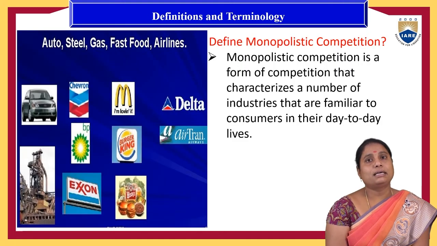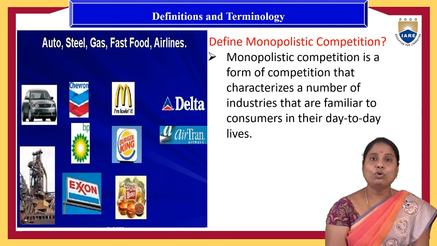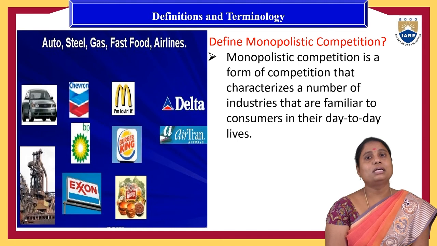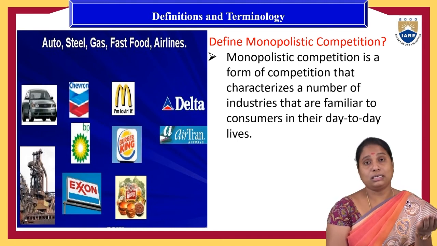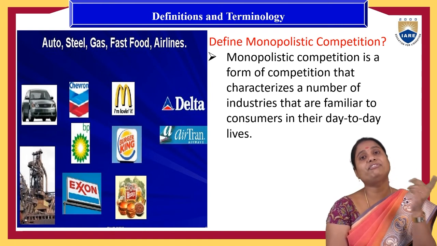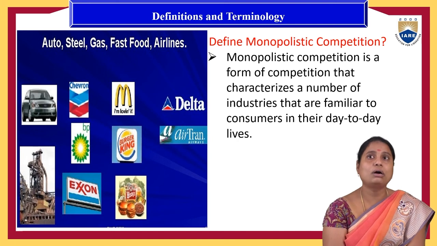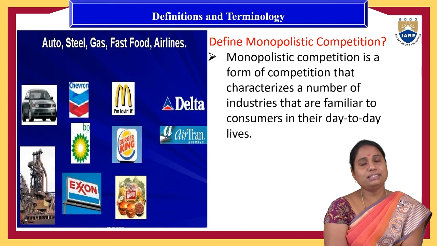So next is monopolistic competition. Monopoly means a single seller and a large number of buyers. Buyers don't have a choice here, but monopolistic competition means buyers who are not able to take that monopoly product can satisfy their needs and wants with another differentiated product. Then that is called monopolistic competition. For example, there is no alternative for